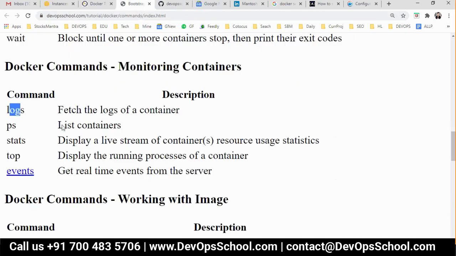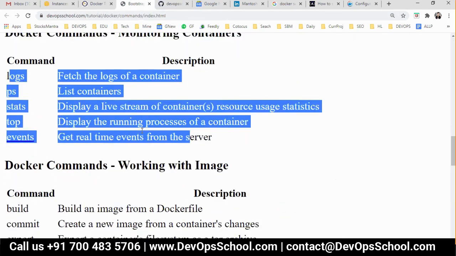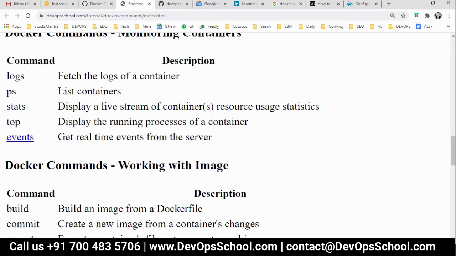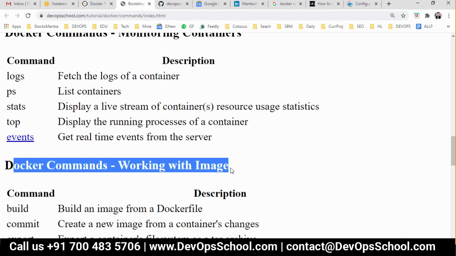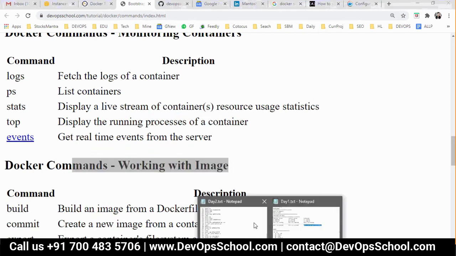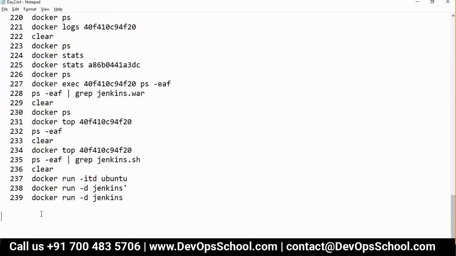After this, the Docker session is over. We will focus on learning images. Docker images. Before that, I would like to finish one more topic before moving to Docker images, and that is called Docker volume.